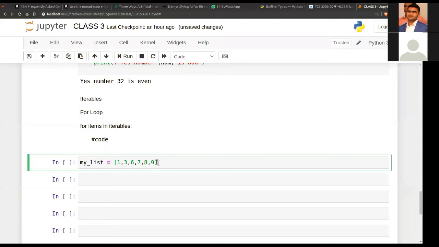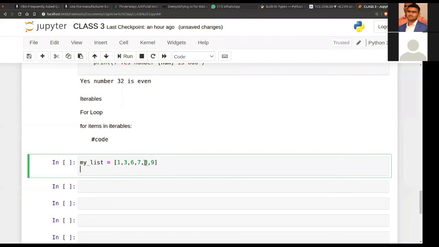So for example, what is an iterator and what is an iterable? In childhood, when you were made to read your textbook, you were made to keep your finger on the word you were reading, right? Suppose I'm reading the zeroth index, which is 1, the first index, that is 3.